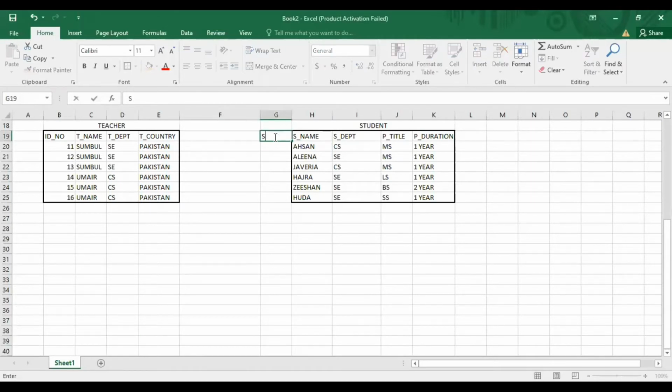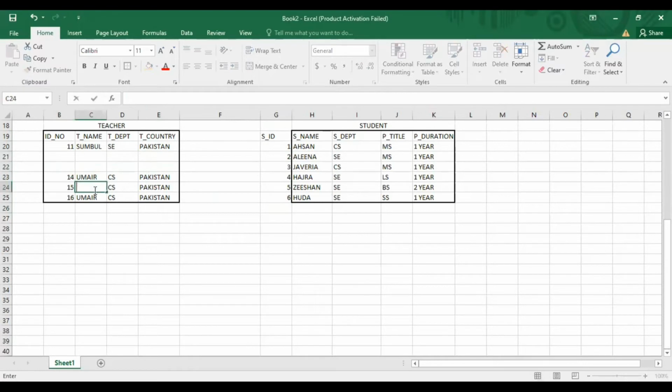Now we will assign an ID to each student: 1, 2, 3, 4, 5 and 6. And we will write only one thing: remove this, remove this, remove this, because this teacher is repeating again and again.